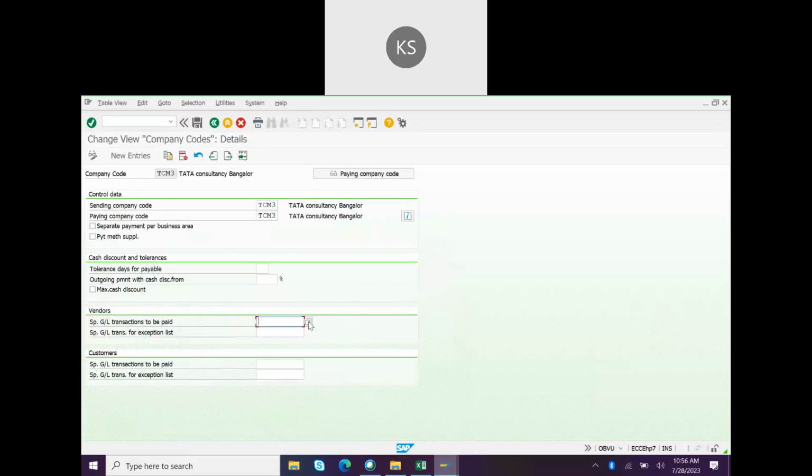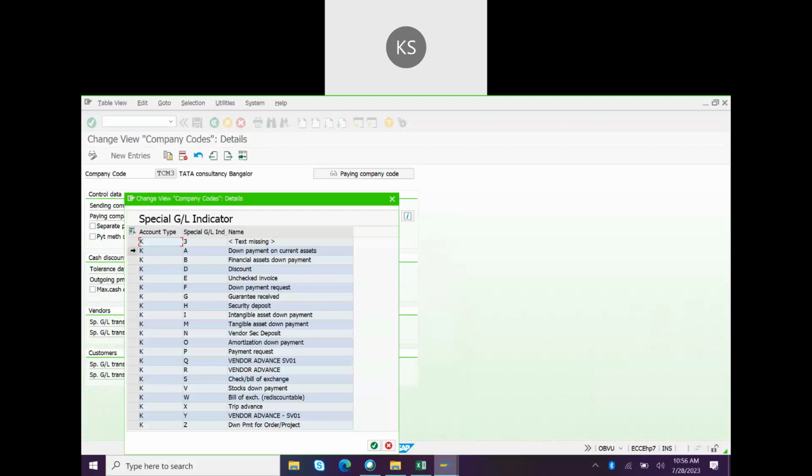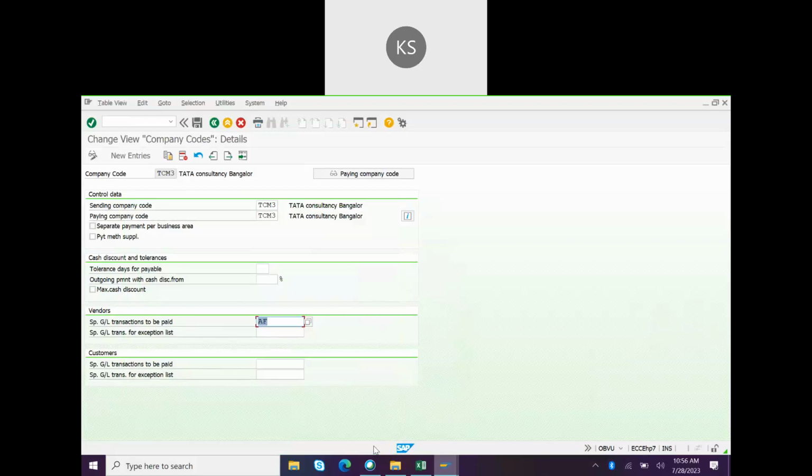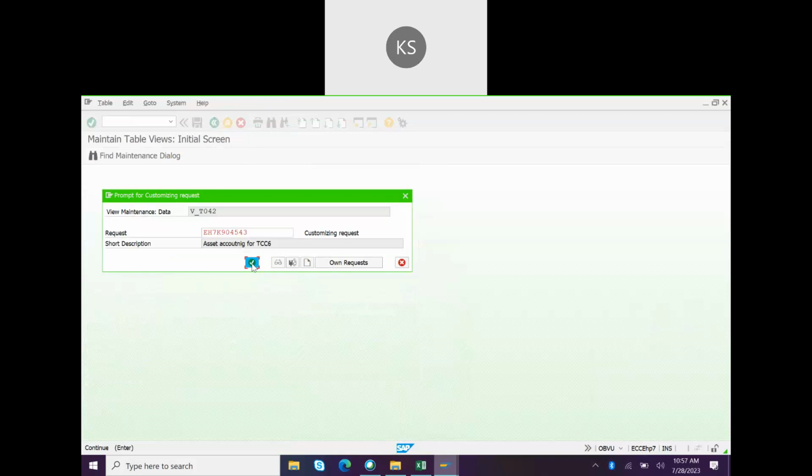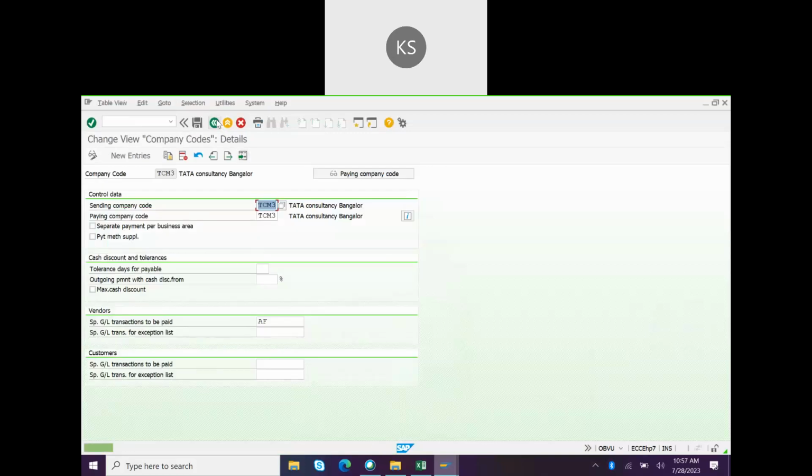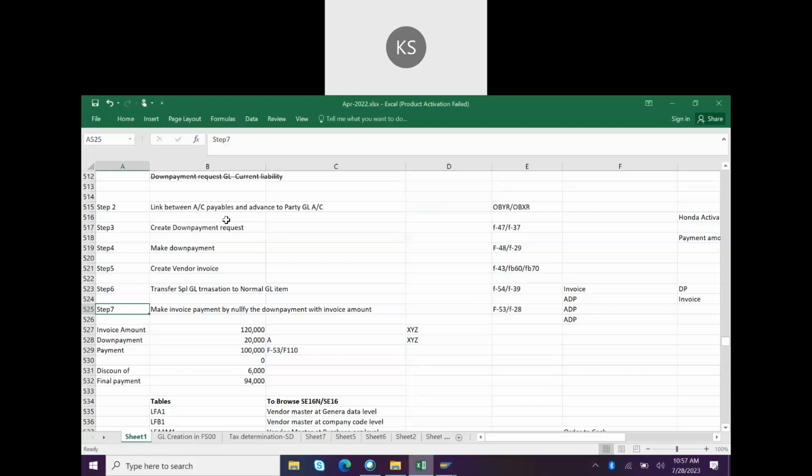Okay, what are the indicators? A and F. Sorry, you can choose A and F. If you click on this, two indicators will be added. And click on save. Okay, once you click on save, then what will happen if you create a request manually